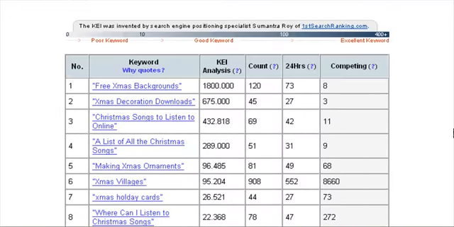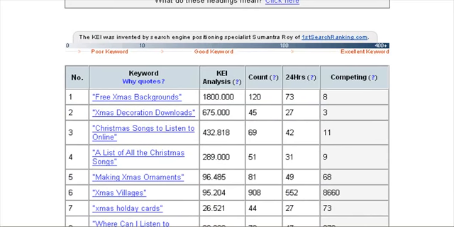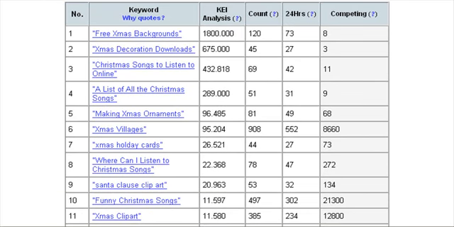Free Christmas backgrounds. I mean, that's got to be easy, isn't it? I mean, you make some photos, you write a page about it. There's only 8 sites that do that, and that's got a massive KEI. This is a really good way to find niche key phrases. And a lot of people start off by looking for a word they type in personal loans or something, and it's quite hard to get these sort of KEIs. But what I've found is if you search for a real generic term like Christmas, you do find these absolutely fantastic niche key phrases that are really easy to optimize for. You don't have to have a massive page rank, and that's it really.